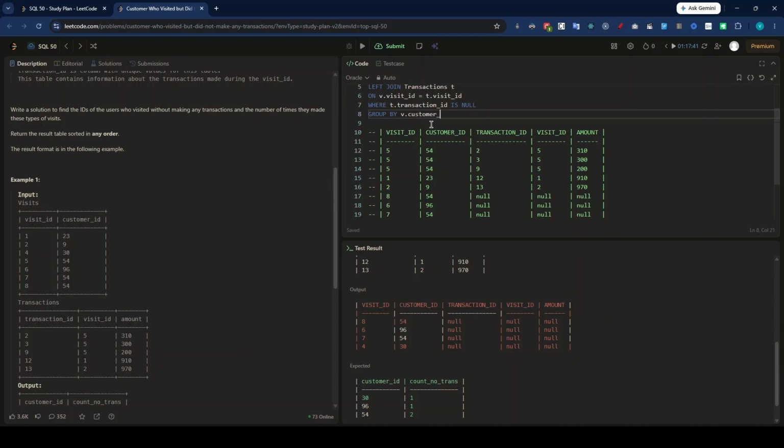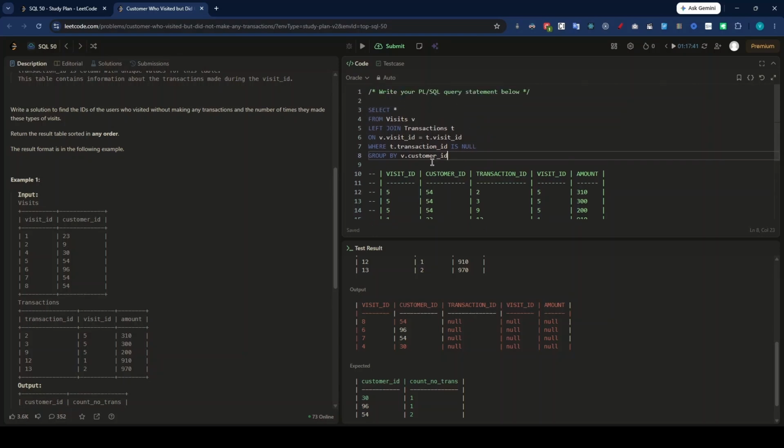So customer ID, and then we cannot do select star on grouped data. I hope you know those fundamentals. So we need to select the customer ID, and we need to count how many times they have made that. Okay, so if we run this